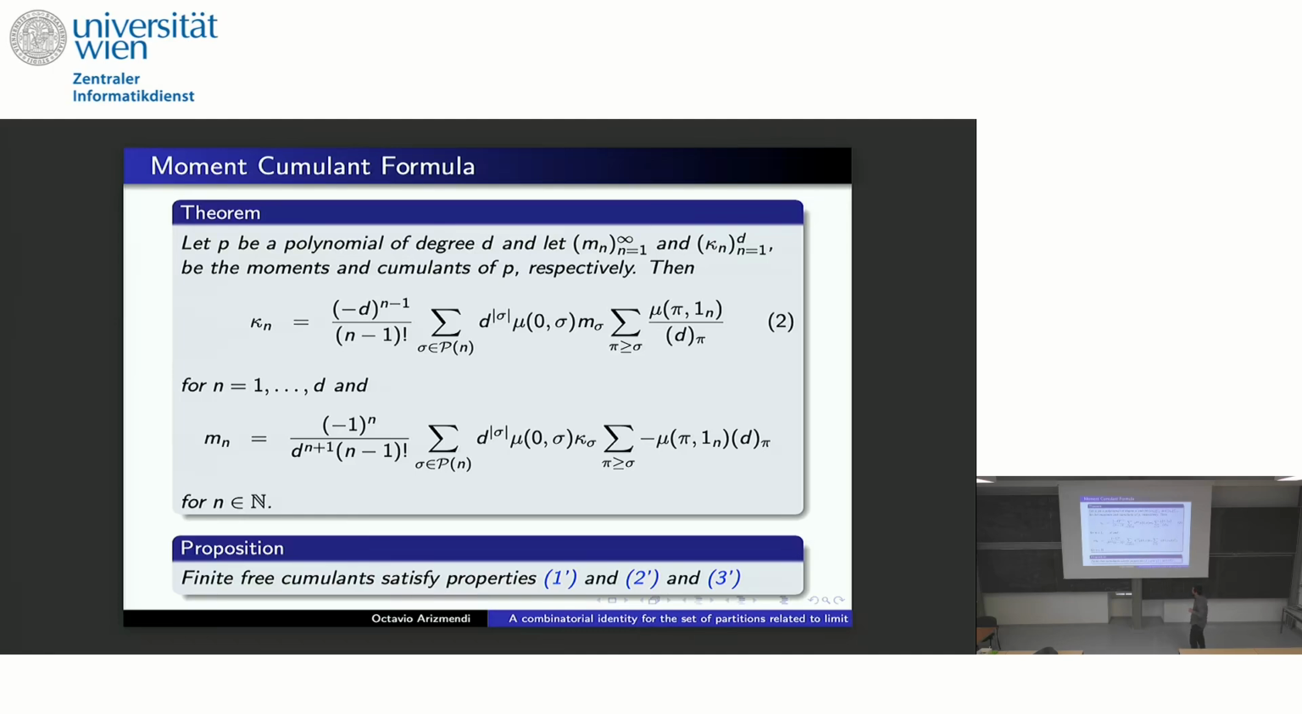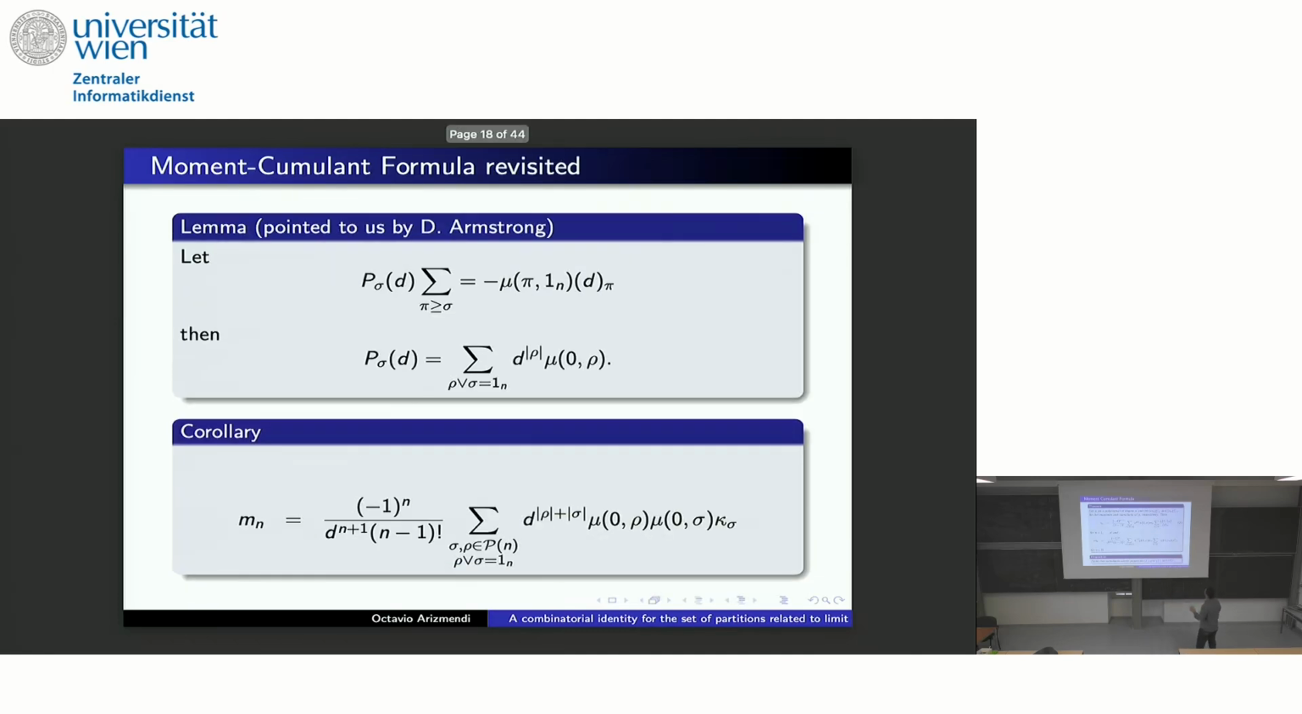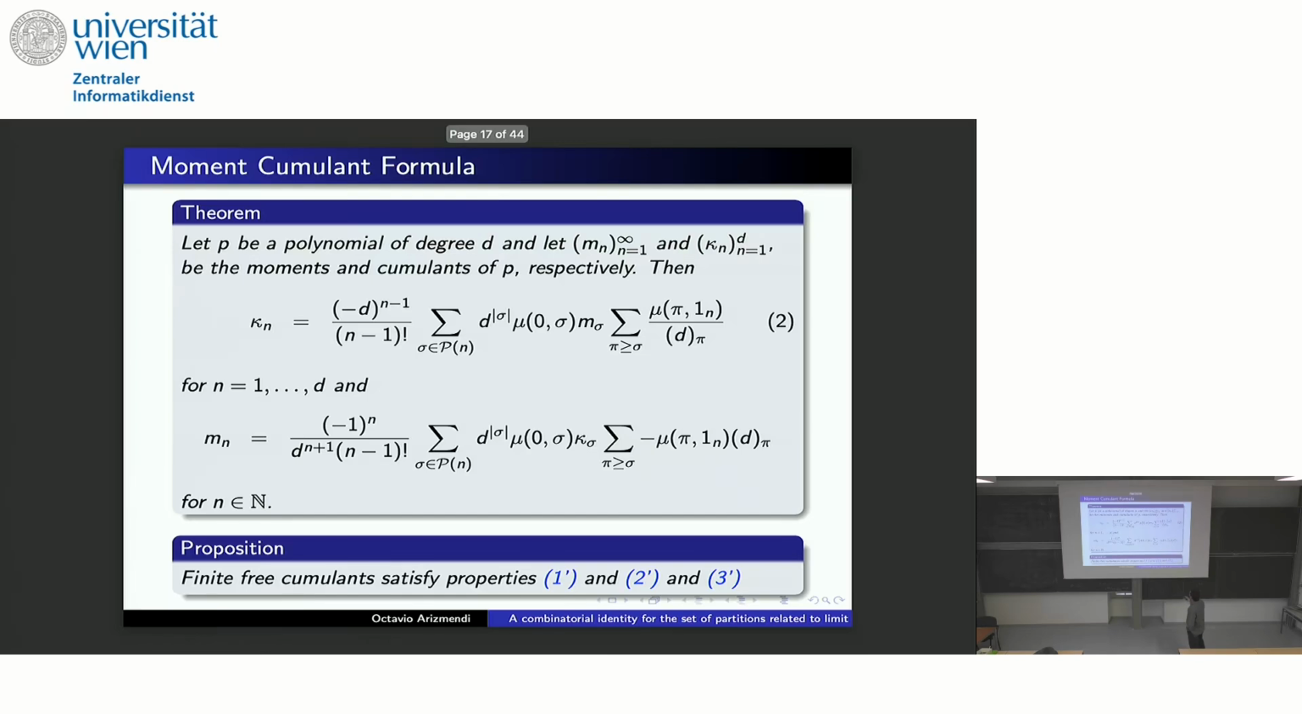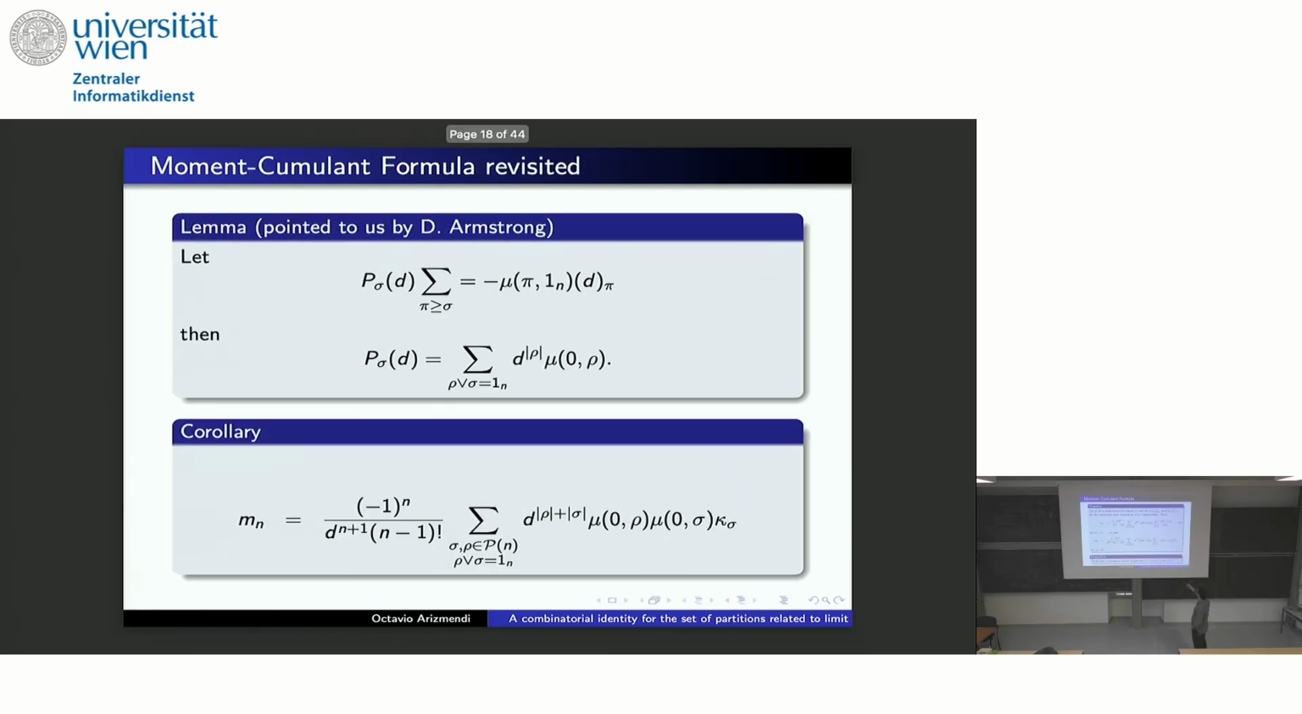Ask Daniel for the details. This is another formula which is better. Actually, Drew Armstrong once visited Saarbrücken. Maybe he doesn't remember, maybe he remembers when we were writing this paper. You see this formula here, this polynomial was a little bit bothering us. We worked with this polynomial and we proved that